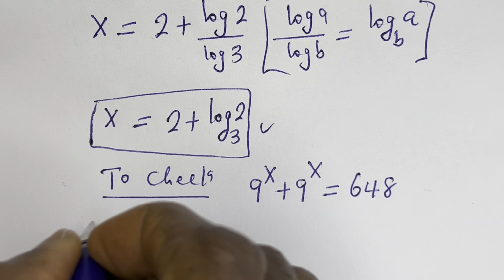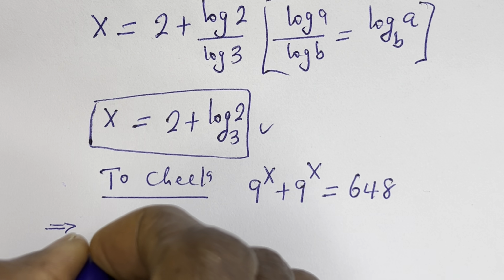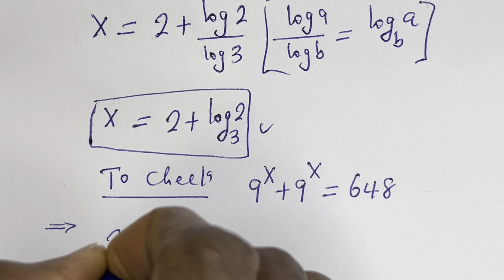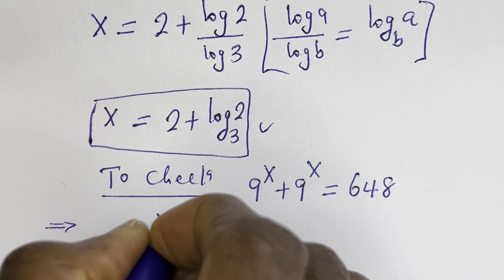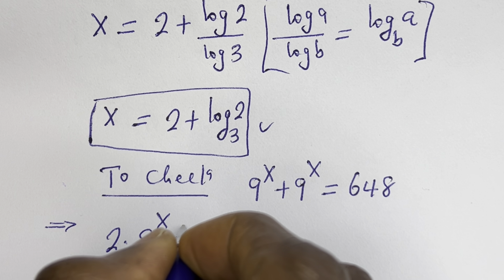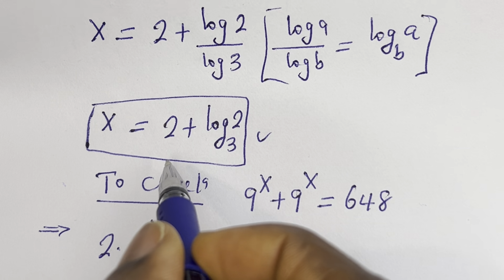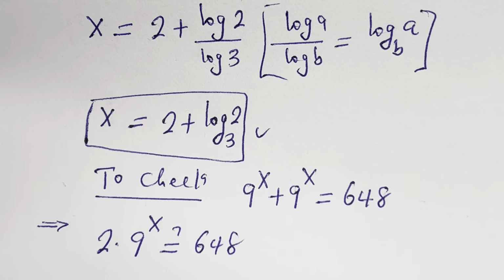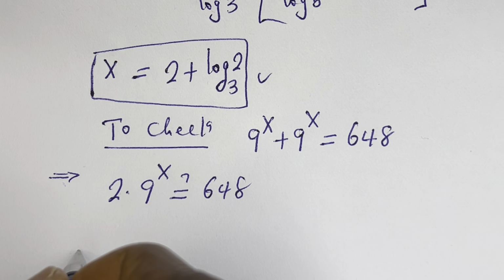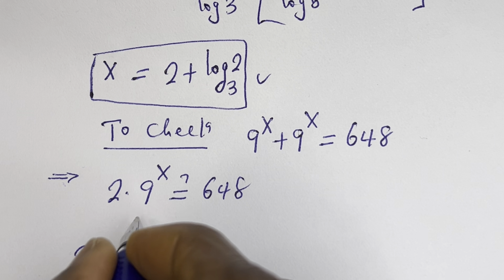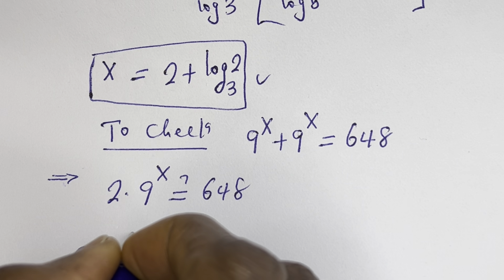Then this is same thing as 2 multiplied by 9 to the power of x must be equal to 648. When x is 2 plus log 2 base 3, this is 2 multiplied by 9 to the power of